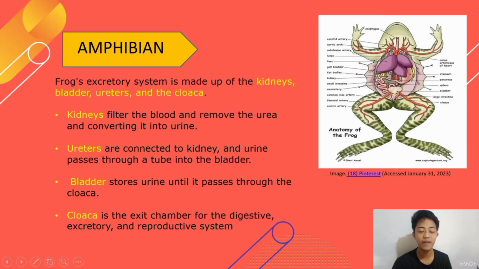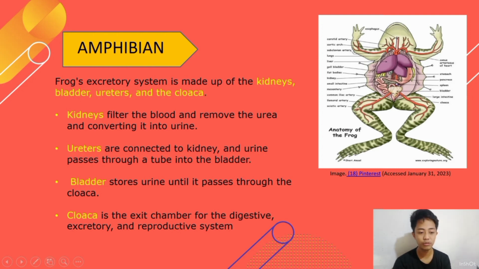So next is the amphibian. On the right side of our presentation, it is the anatomy of the frog. The frog's excretory system is made up of kidneys, bladder, ureters, and the cloaca. Kidneys filter the blood and remove the urea, converting it into urine, while ureters are connected to the kidney and